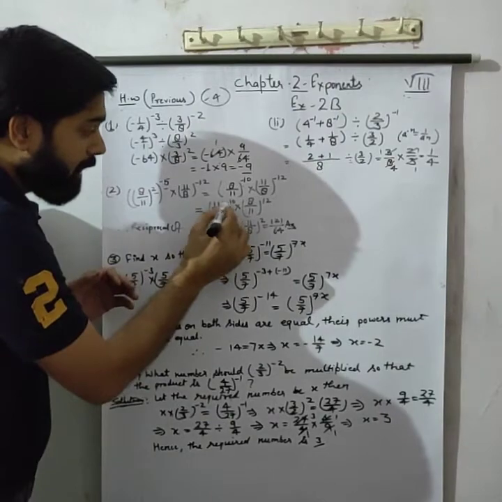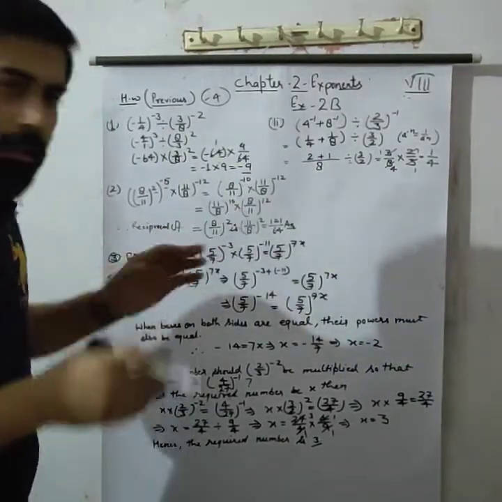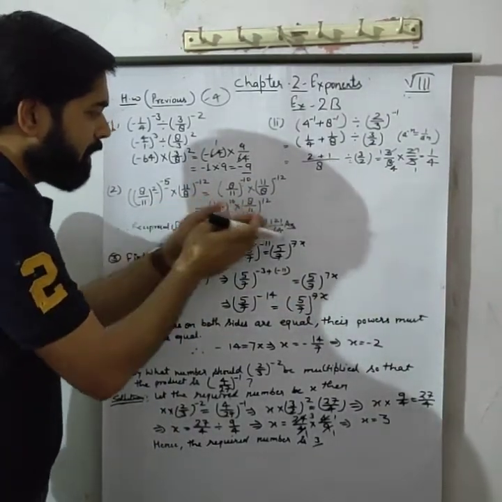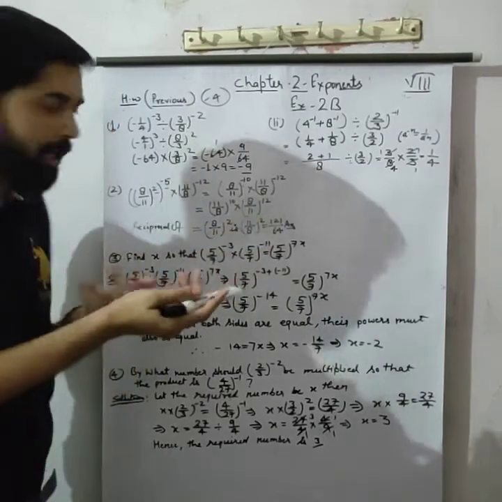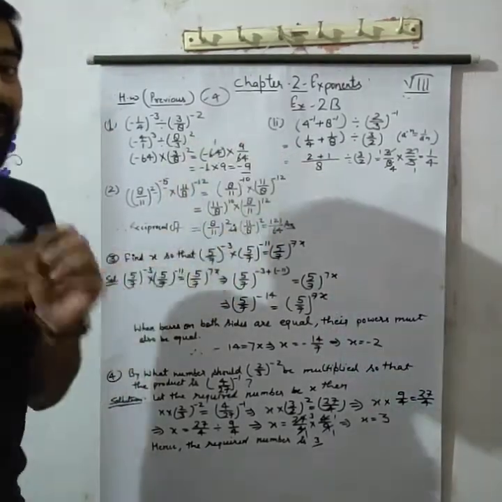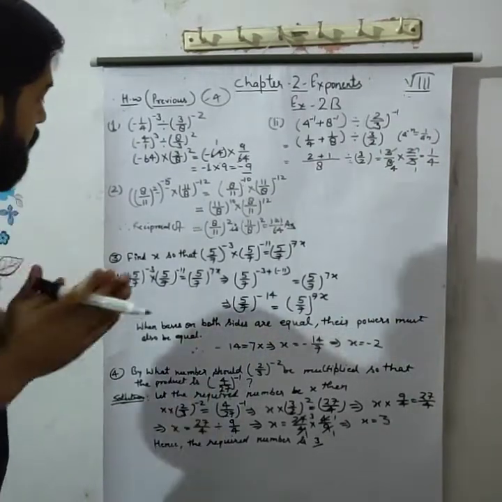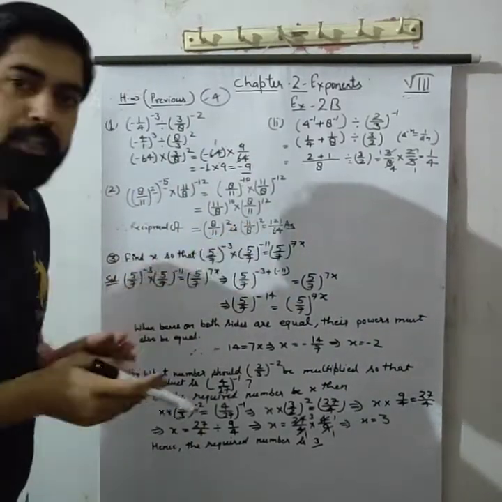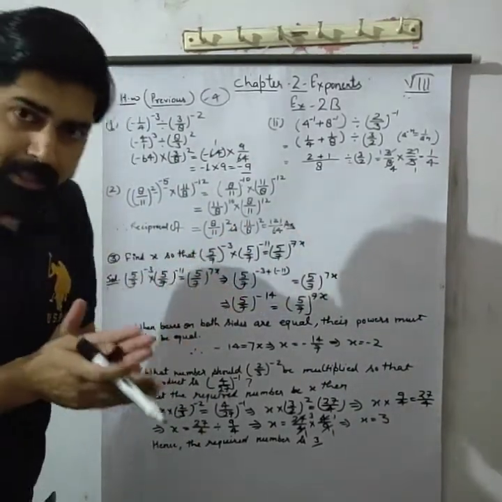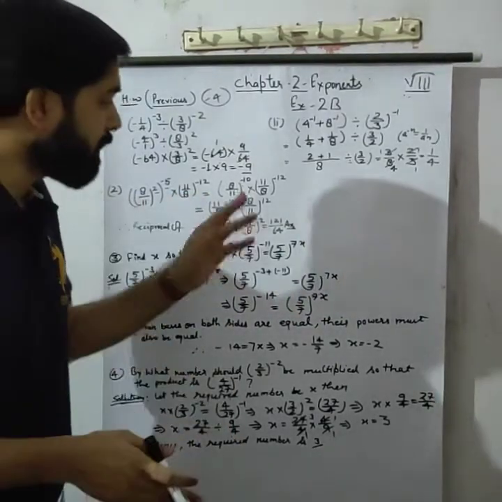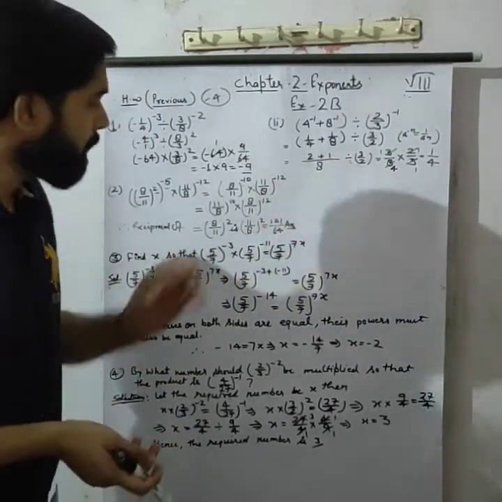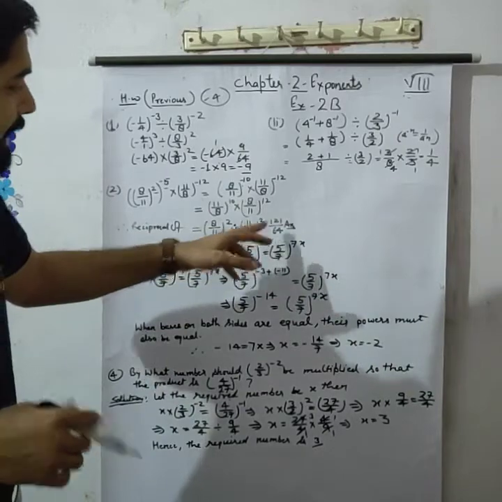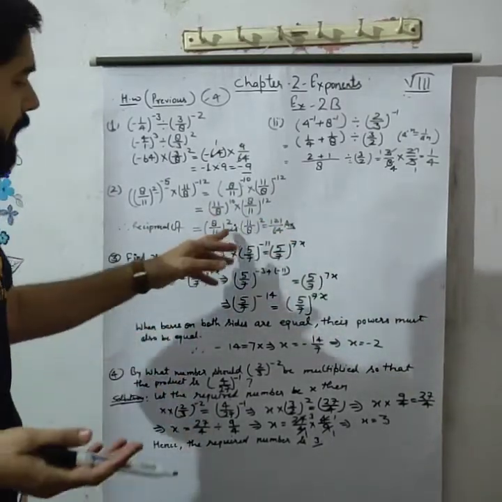Listen. How many 11s are here? 10. And how many 11s are here? 12. So 10 elevens cancel from here. How many are left here? 2, and here two 8s are left. So we can write 8 upon 11. But the question is asking for the reciprocal. So the reciprocal of (8 upon 11) raised to the power 2 is (11 upon 8) raised to the power 2. And after the solution, we get 121 upon 64, because when we multiply 11 two times we get 121, and 8 eights are 64.